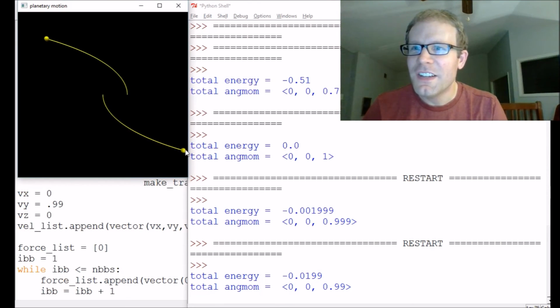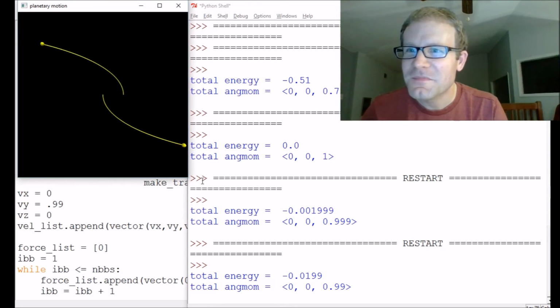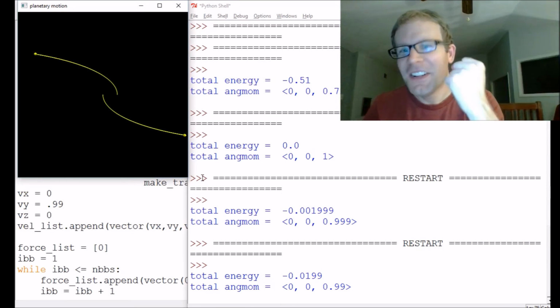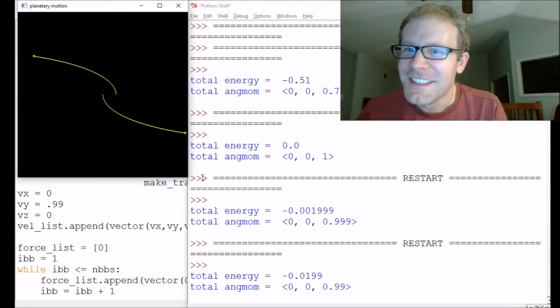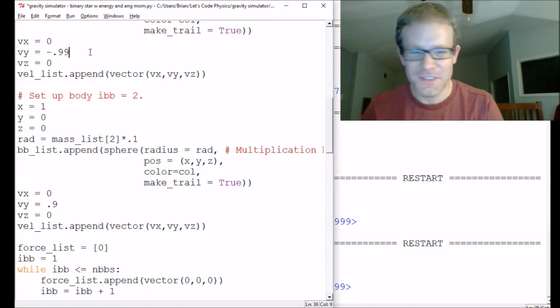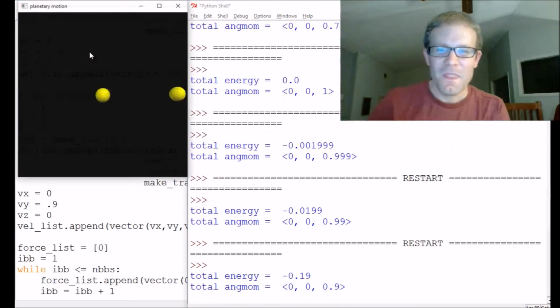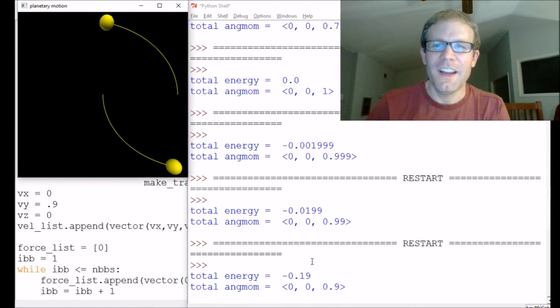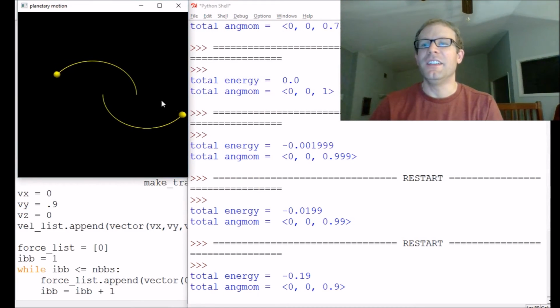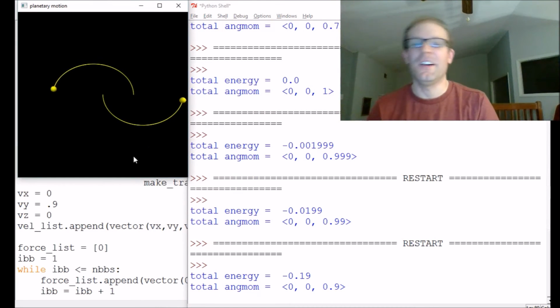They are slowly curving up, very slowly. Come on, y'all, don't prove me wrong here. Y'all have a negative energy. That's a bound state. Okay, let's try making them 0.9. This is what I get for going off script. Okay, negative 0.19, smaller. You can see they start to make this scattering motion, and then they get caught because